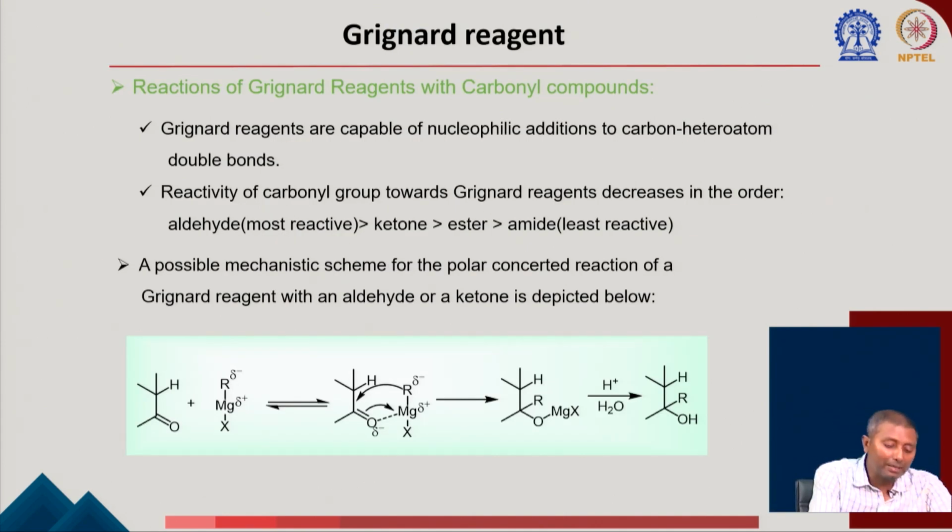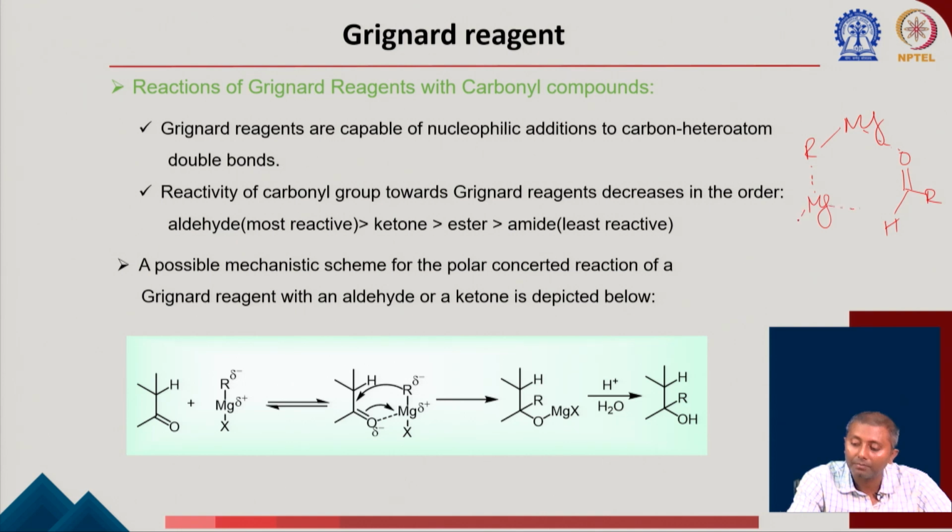First is the addition of the Grignard reagent to the carbonyl compound. I think in the last class I started talking about that. You see that there is going to form a transition state which is six-membered, and we also talked about how one magnesium is going to activate the oxygen of this carbonyl group. If you think about it, this is having R, we also wrote that there is a magnesium, then there is another R,